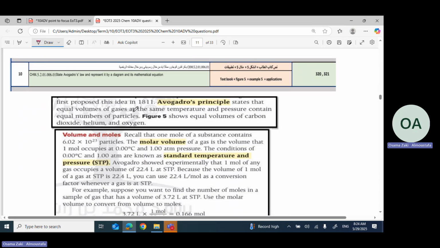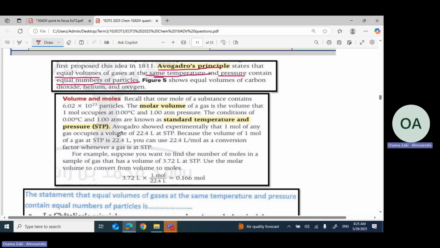Now, question number 10. State Avogadro's law and represent it by diagram and its mathematical equation. So as you see, Avogadro's principle states that equal volumes at the same temperature and the same pressure contain what? Equal numbers of particles, regardless of the type of the gas. What about the molar volume and what about the STP? STP stands for standard